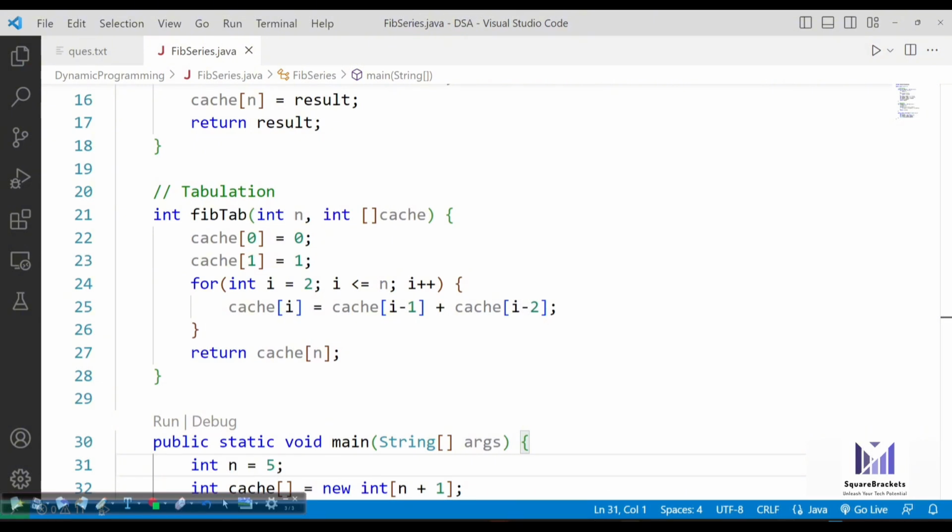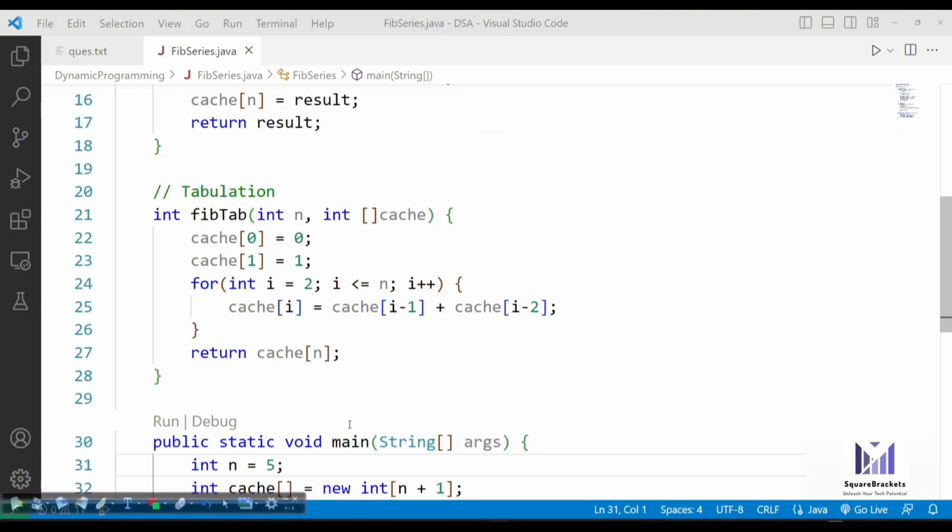All right, so how exactly is this working? You can assume that in your cache variable, we have already stored 0 and 1. Now, the loop starts from 2, so we are going to start from the second index. On second index, I am saying I minus 1, that is 2 minus 1, and 2 minus 2. That is the first index and the 0th index, add these two. So 0 plus 1 is 1. Now go to the third index. So add 2, 1 and 1. So it becomes 2. So simply this is how we are going to use tabulation to implement the same Fibonacci series problem.